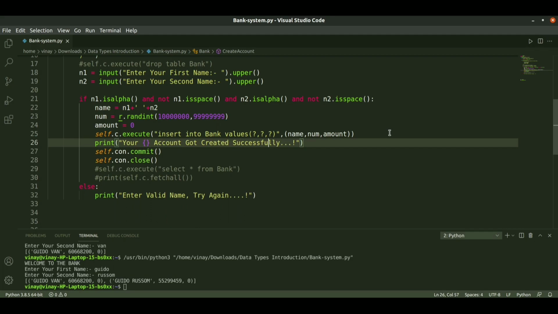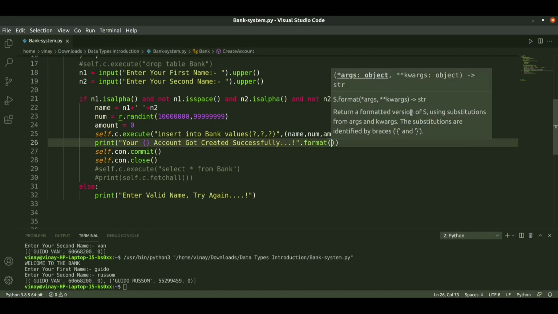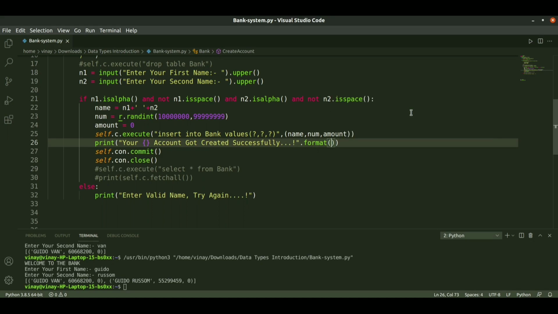Your account got created successfully. Here we will use the format specifier for passing the account holder's name, dot format. This is the string format, and in this we will pass name. When we pass name, the name will be passed here, something like hello Ram, your account got created successfully.